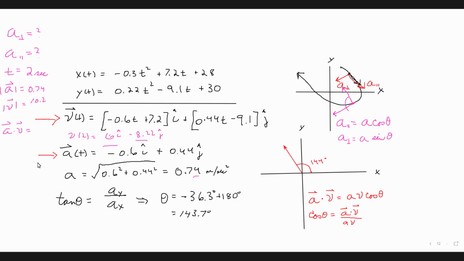I get minus 7.22. All right, so now we know what the cosine of theta is, because the cosine of theta, I'm going to need more room, I'll write down here. Cosine of theta is A dot V over A times V, and that is